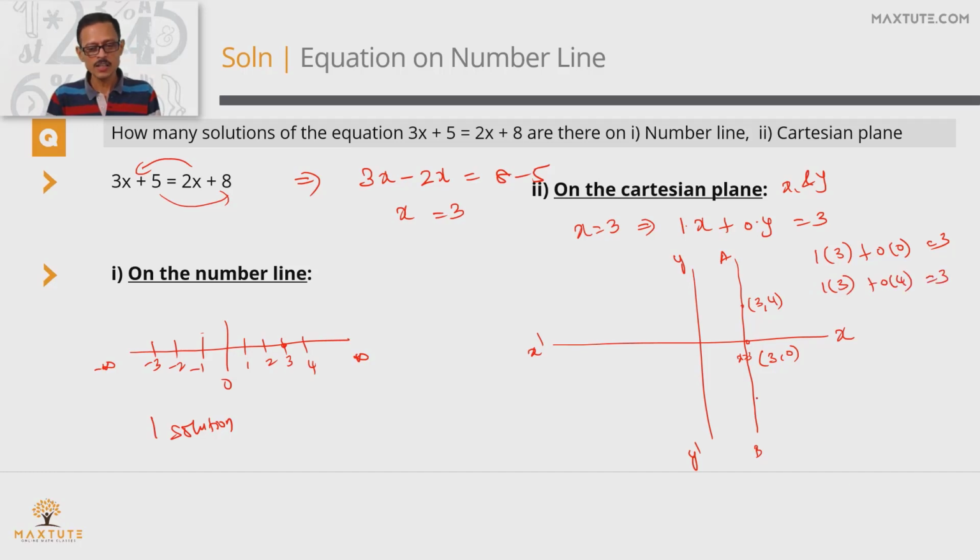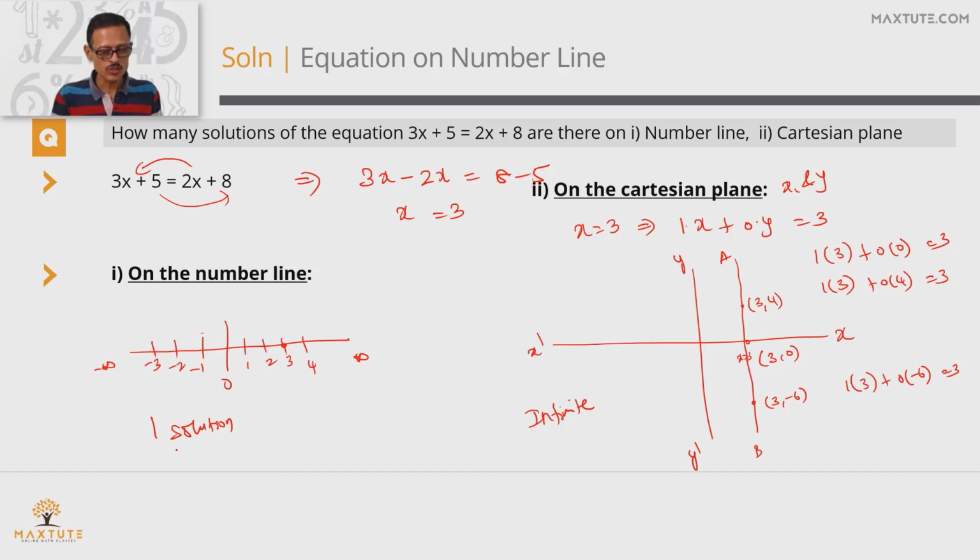Certainly yes. Let's look at a point below the x-axis, say something like (3, minus 6). So it's 1 times 3 plus 0 times minus 6. This is also 3. So it's quite evident that it's not just one point. It's not just (3, 0), (3, 4), (3, minus 6), (3, 2.8), (3, root 43). It doesn't matter what the y value is. For every point on this line, the coordinates of that point will satisfy the equation of this line. So how many solutions will this equation have? This equation is going to have infinite solutions on the Cartesian plane.